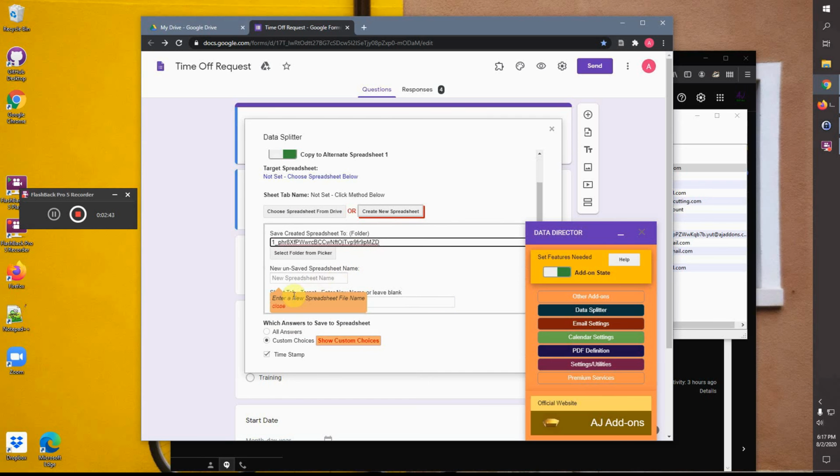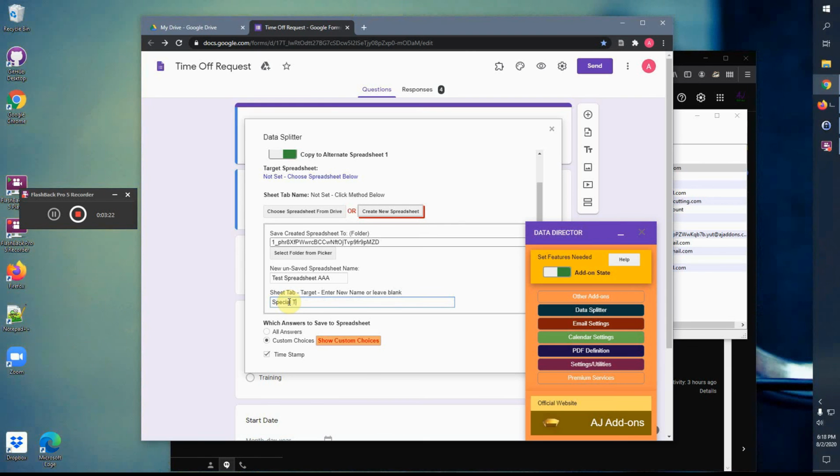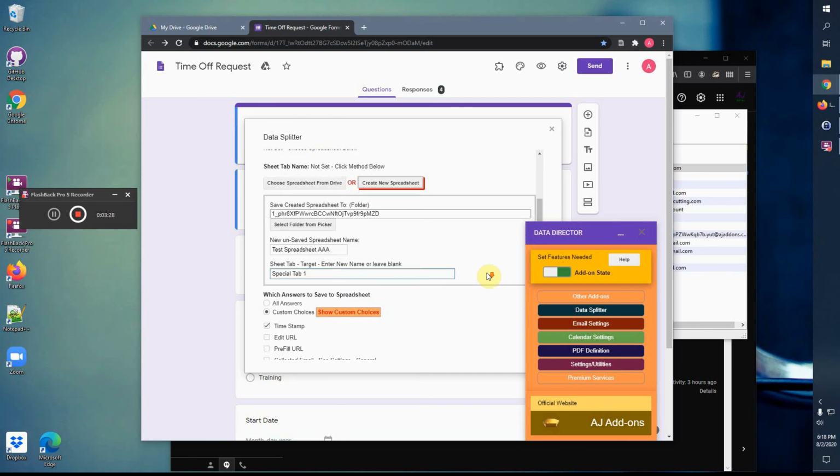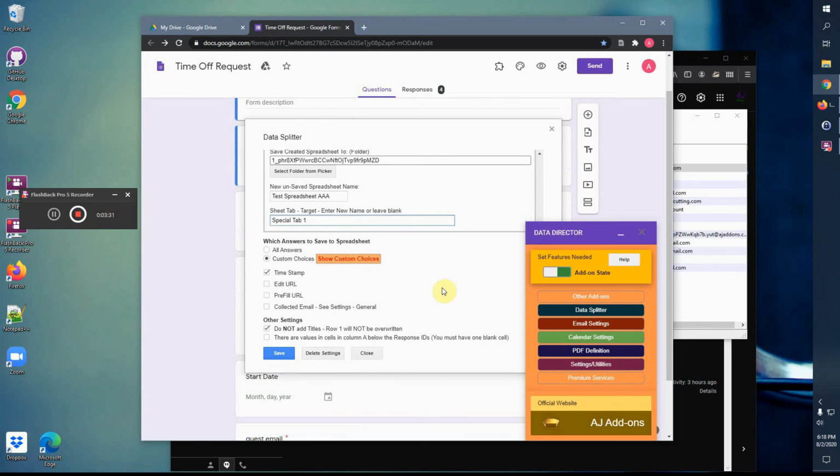Okay, so it's asking me to enter a new spreadsheet file name. Let's just call it test spreadsheet AAA. Sheet tab: you can enter the name of a sheet tab that you want created. Special tab 1. So now we have set the target